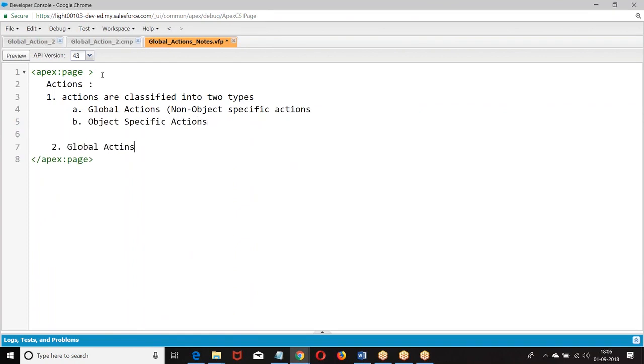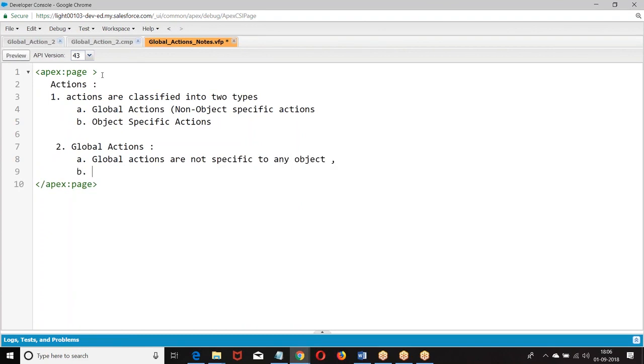Global actions are not specific to the object. We can add the global action to any page. So create a global action.